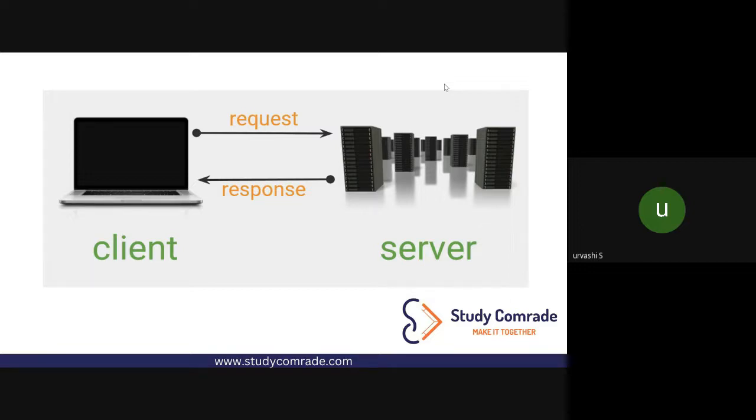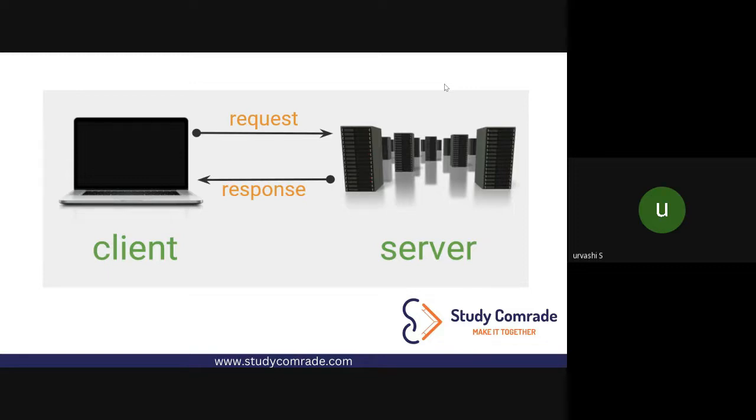But in real time, once your project is ready or development is done, there is a term called production phase. When you deliver your project to the client, that is your production phase. There you need servers. You can consider it just like you want a place to keep your books. You need a bookshelf to keep your books there. Similarly, you need a table to keep your laptop on. Similarly, you need a place where you can put your code or place your website.